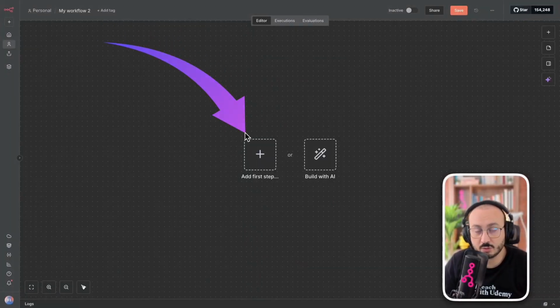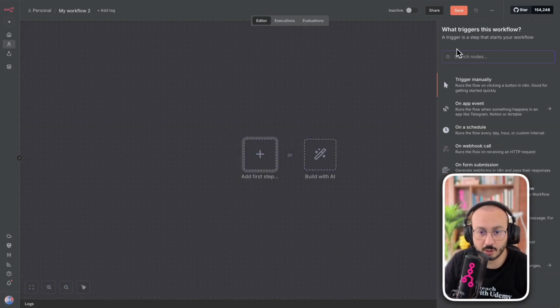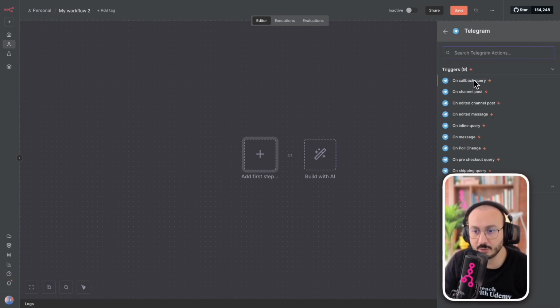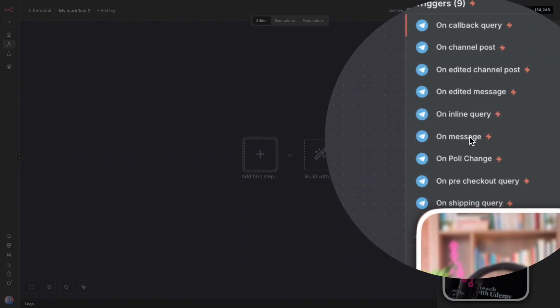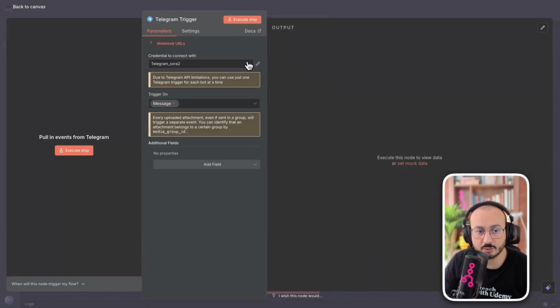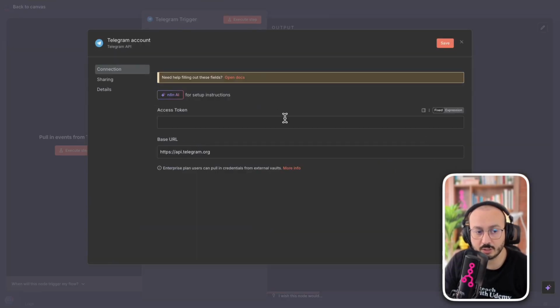The first thing to do is to create something called a trigger. The trigger will allow the entire workflow to be launched. You'll see that when we're done, we'll activate the workflow and it will always stay listening in case there's a trigger. So what I'm going to do is set up a trigger. Here we're going to look for Telegram. Telegram is one of my favorite triggers because it's the easiest to update and configure. So I choose the on message action, which means that if I send a message to Telegram, the system will start running. Here we're going to create a new client for a new connection to Telegram,